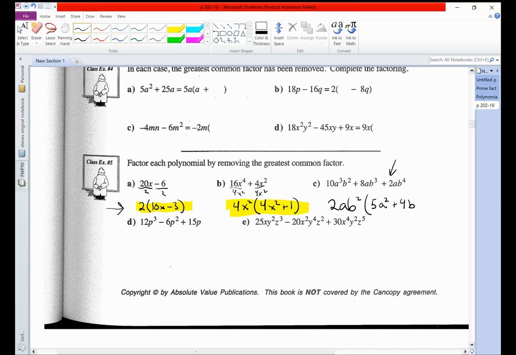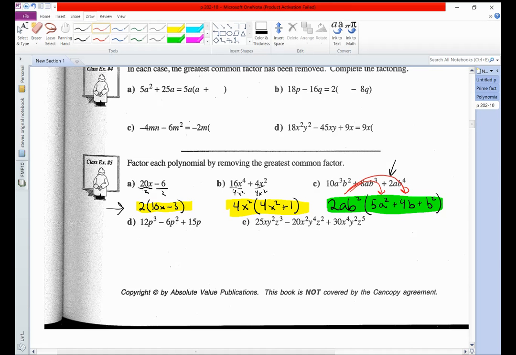And the last term, 2 divided by 2, is just going to cancel to 1. A divided by a is going to cancel to 1. B to the power of 4 divided by b squared will leave us with b squared. And if you wanted to check to make sure that answer was right, so this is our answer, if you weren't sure, well, all you have to do is